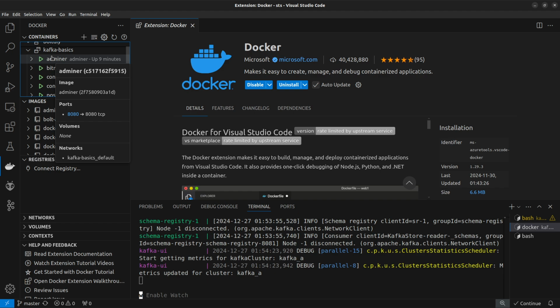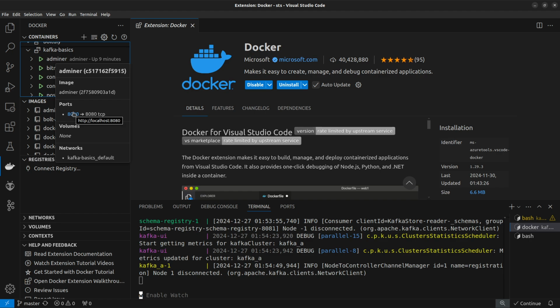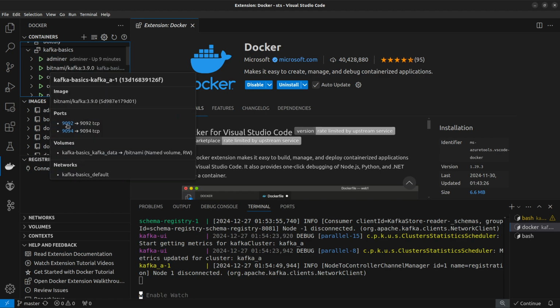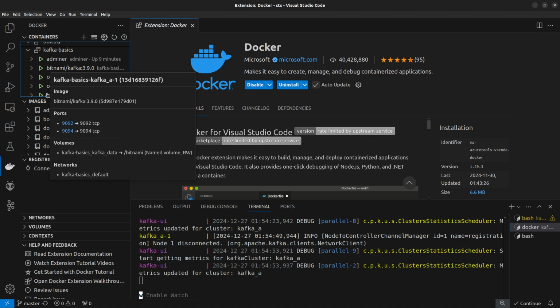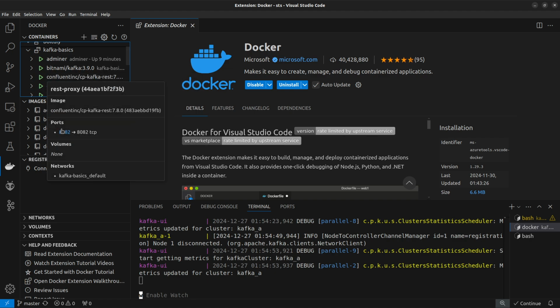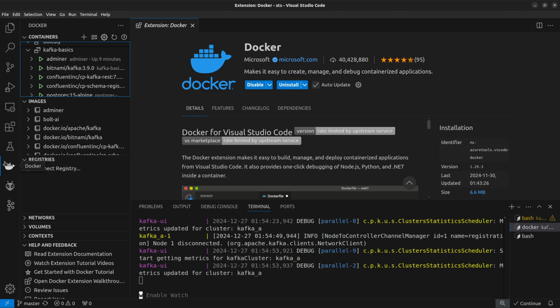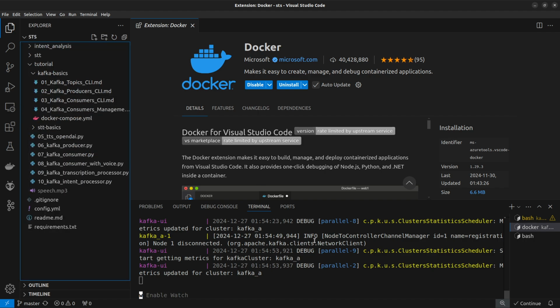You can also see in a nice way how different ports are exposed over here. So your port 8080 is exposed, and in Bitnami, ports 9092 and 9094 are exposed. Very cool. I really like this particular plugin for your VS Code. It shows you all these Docker containers in a very nice and beautiful way. Okay, so now that your base services are up,